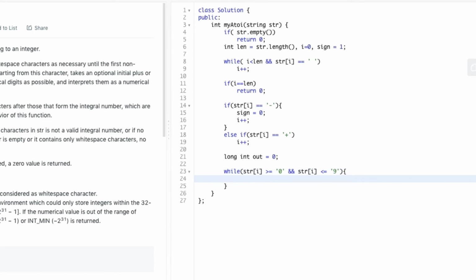If the character value lies in the range, then we multiply out by 10 and then add the numerical value of that character to out. And finally increment I.